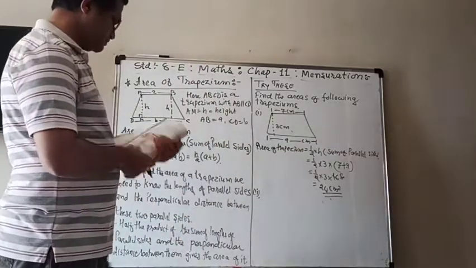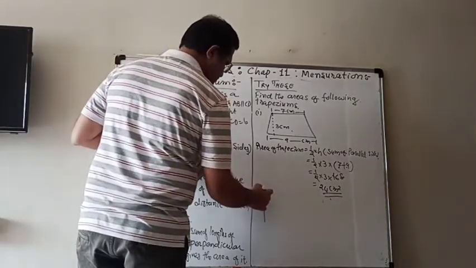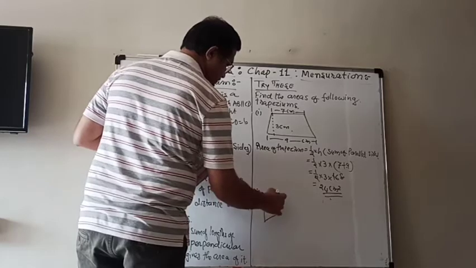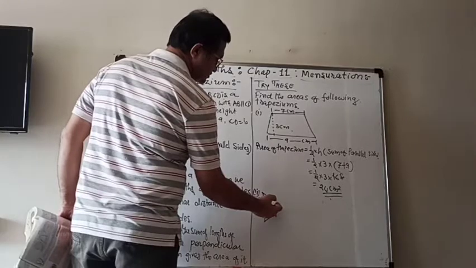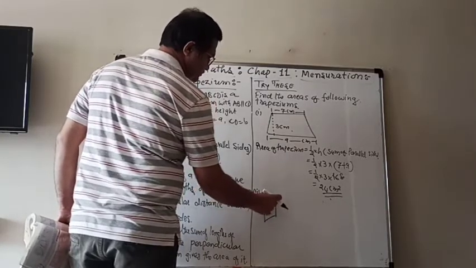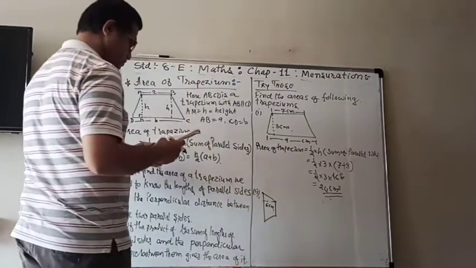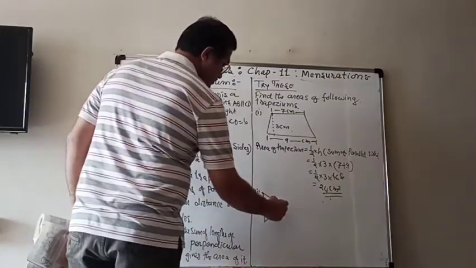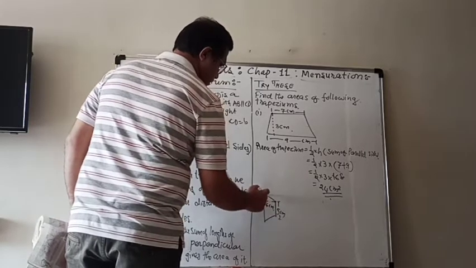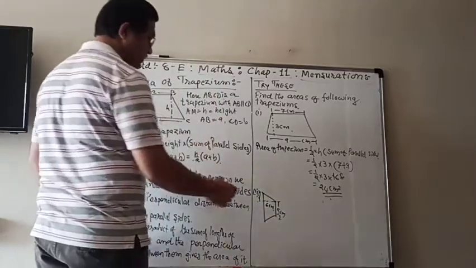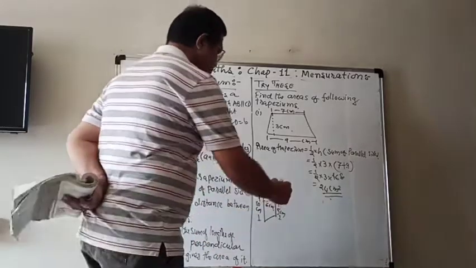The second one is also a trapezium, but it is drawn in a different way. The height is like that, 6 centimeter, that is 5 centimeter, and the long side is 10 centimeter. So here also